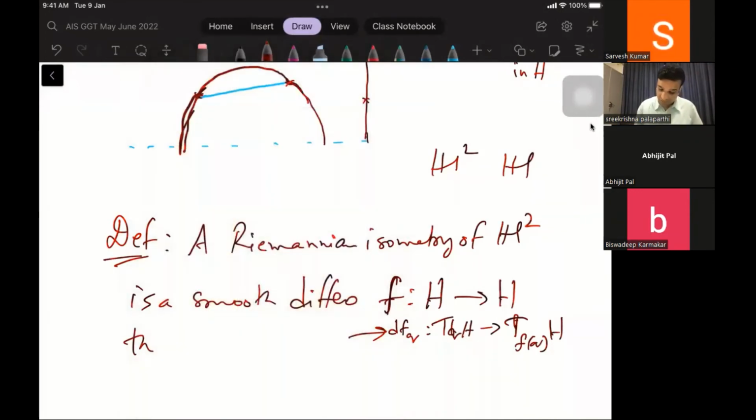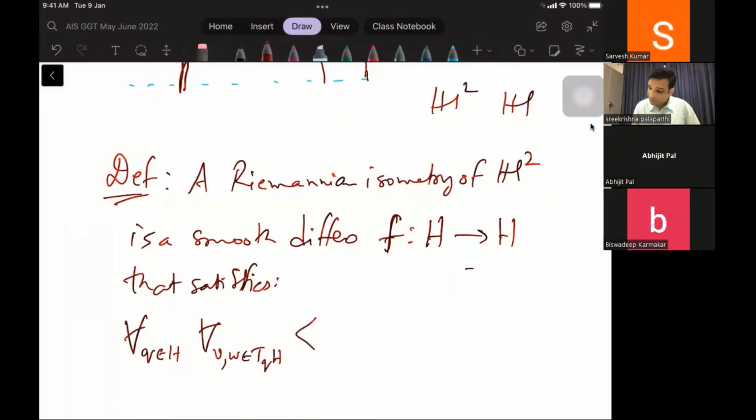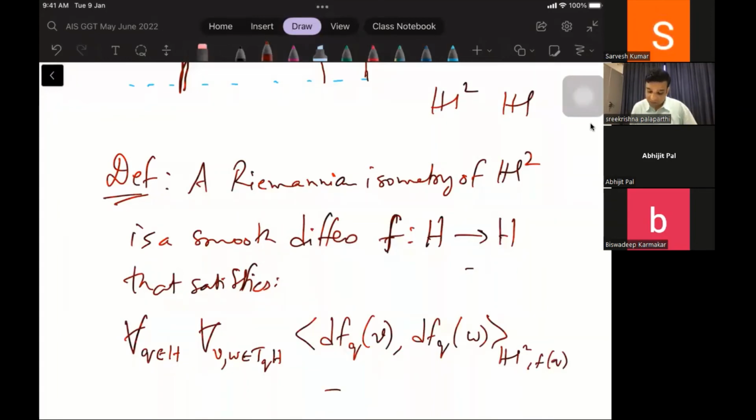And then this definition is that it is a smooth diffeomorphism, carrying that information, that satisfies the following property: for all Q in H and for all vectors V, W at the point Q, so they are in the tangent plane T_Q H, the hyperbolic inner product of DF_Q applied to V and DF_Q applied to W at H2